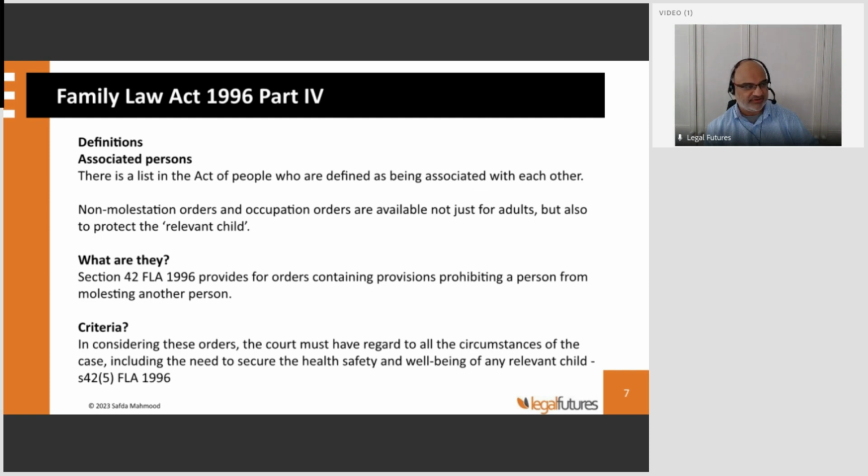You'll be familiar with some of the terminology here, associated persons. You'll be familiar with section 62, 63. That defines who can apply for these orders in terms of one being associated with the other. And remember,